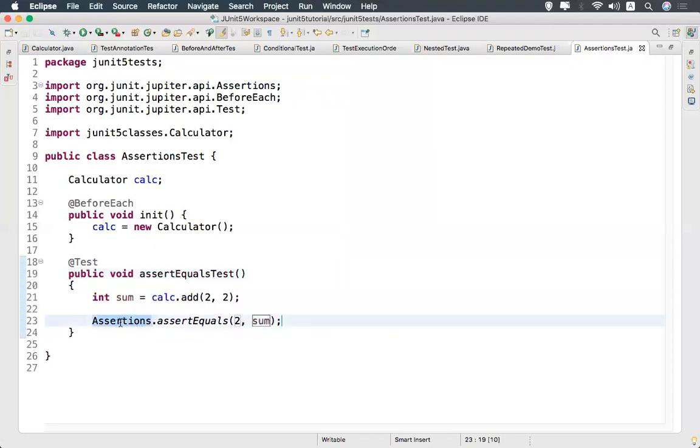If you do not want to mention Assertions dot and want to use it directly, I think for this Assertions you can mention static. I'm not very sure, but we'll see.